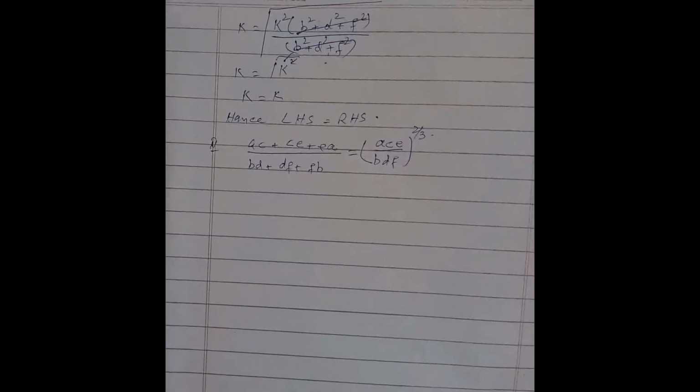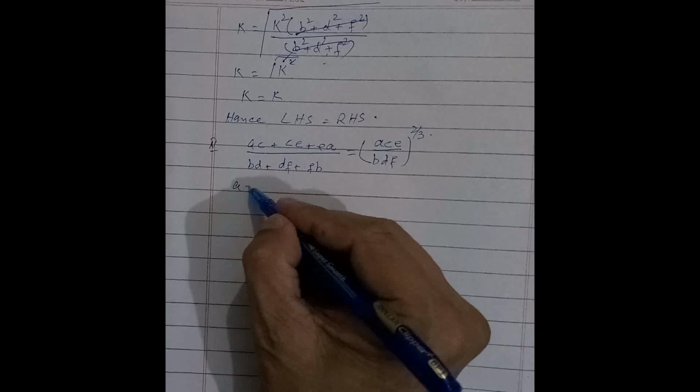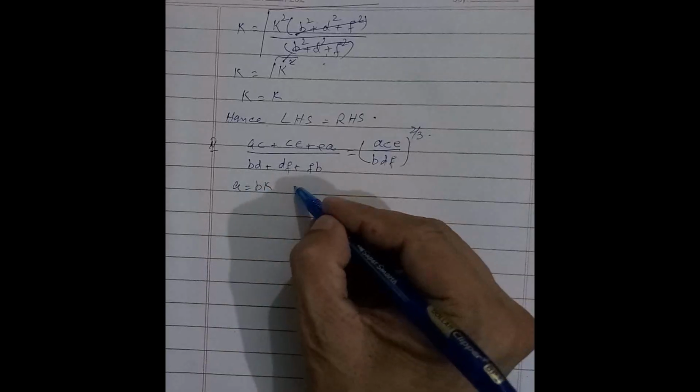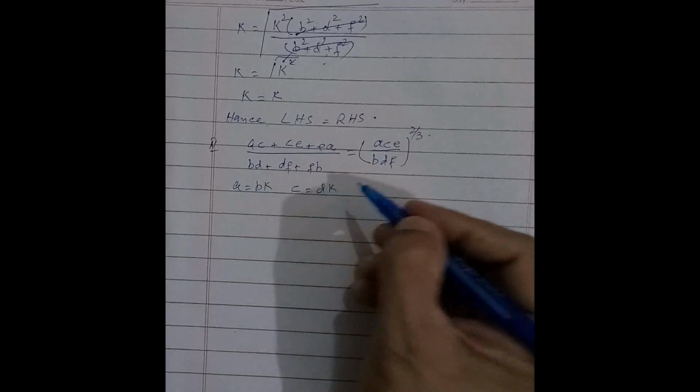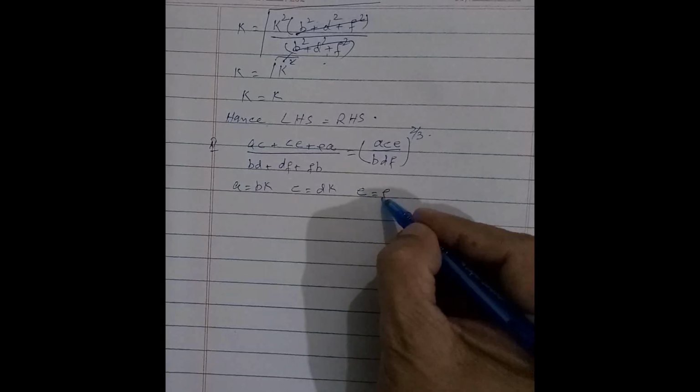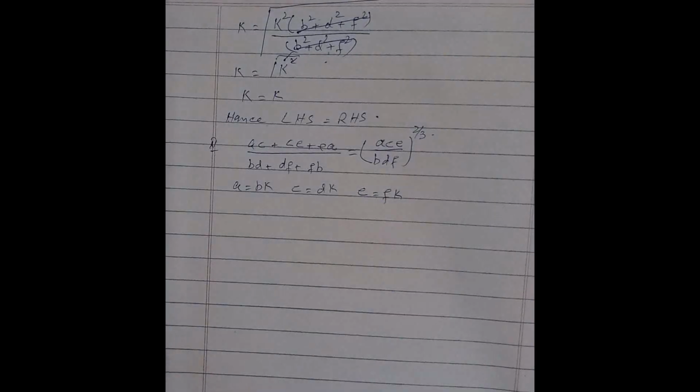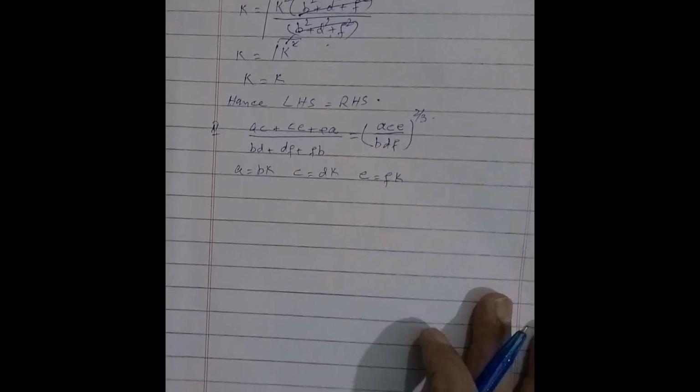Now we put the values of A, which is BK, C is equal to DK, and E is equal to FK in these fractions. We get